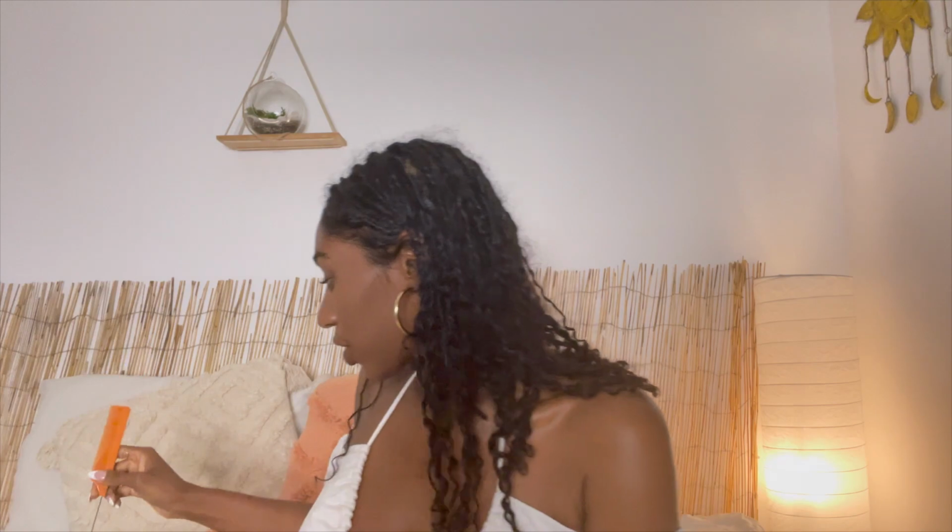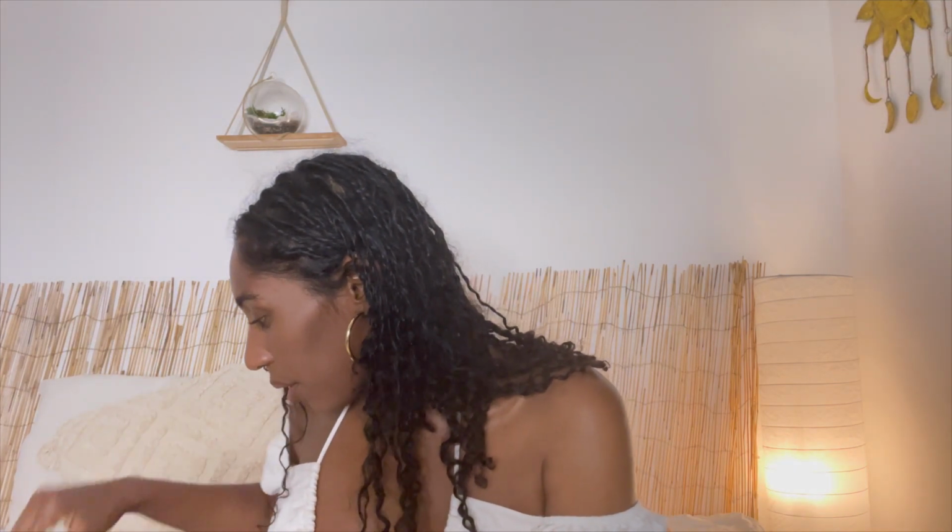But when you are starting your starter locks, I highly recommend having a comb so you can get your parts even. I was someone who wanted to at least start with a comb, and then if certain strands mixed, I didn't make a huge deal, but I at least wanted it to start neat, and then it can kind of freeform as it goes along. So having a comb for sure. Another important tool,